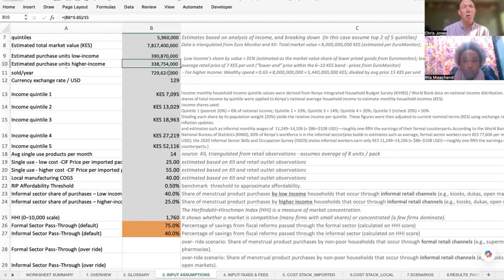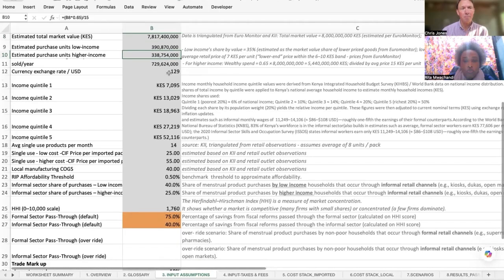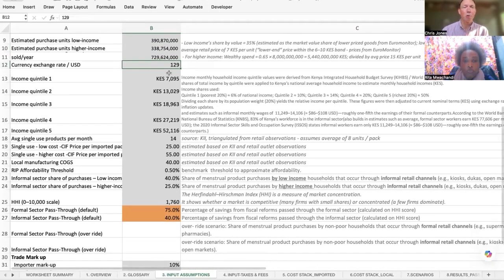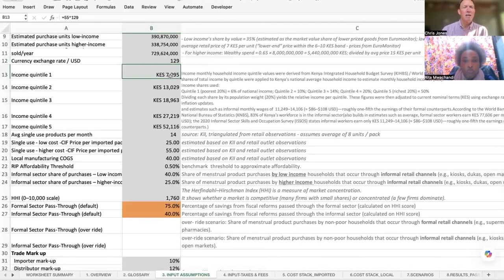And the total number of products that we estimate to be sold in a year. Currency exchange rate is an important figure. And again, getting down into estimating income quintiles, these are going to be important for equity measures. Estimating incomes by quintile can be quite challenging, so play with the data, go to commonly available websites like the